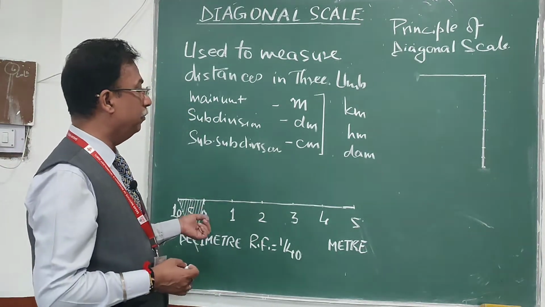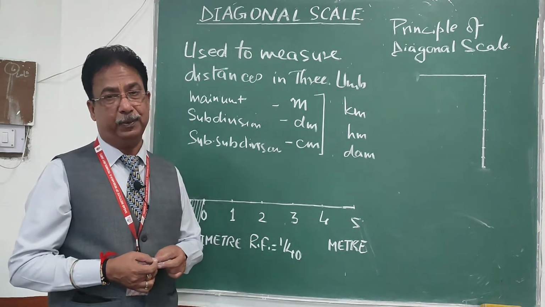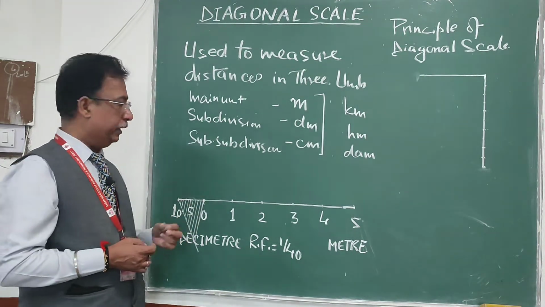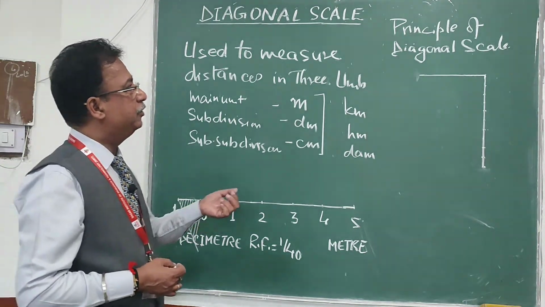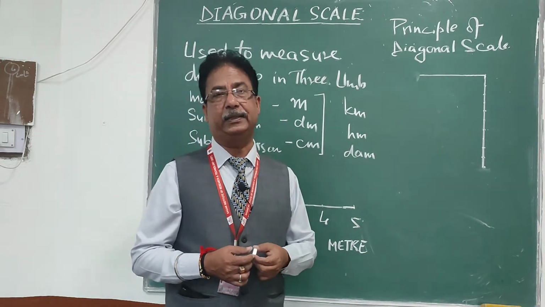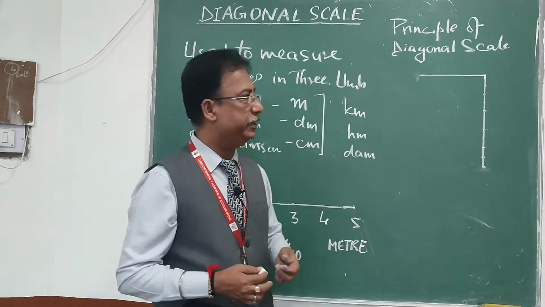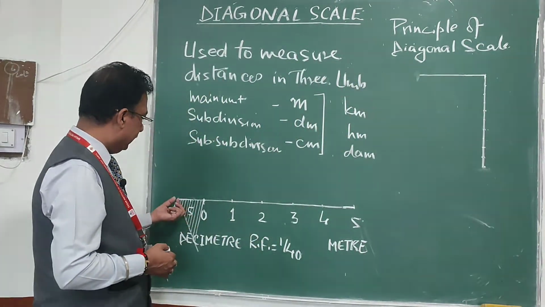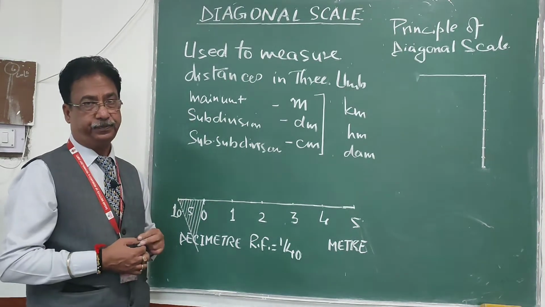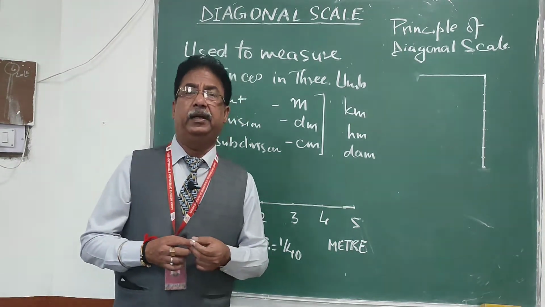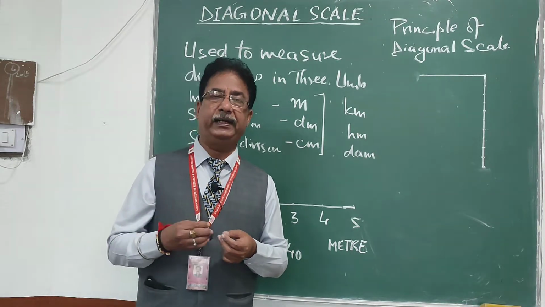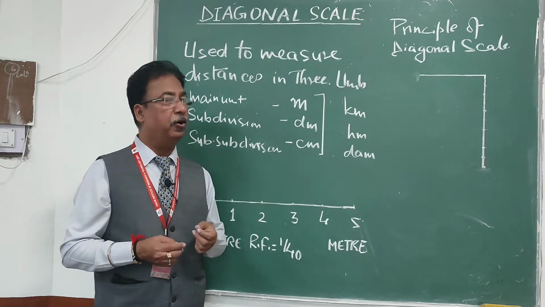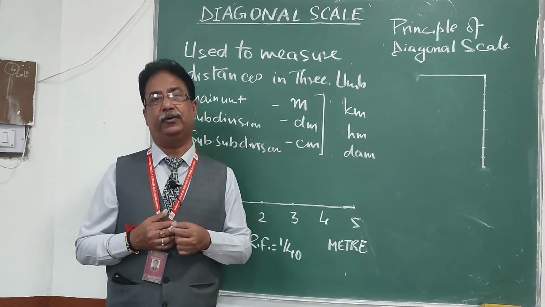But the requirement in the problem is that we want to go for the 1/10 of this part. So how can we do this in this problem? For that, there is a principle of diagonal scale. There is a concept known as the principle of diagonal scale. Initially I want to tell you about the principle of diagonal scale, how I am going to measure a length shorter than this small length. If you remember in geometry, if there is no possibility of dividing a line into some fixed number of equal parts, there is still a possibility that we can draw a line which is smaller than that particular length.